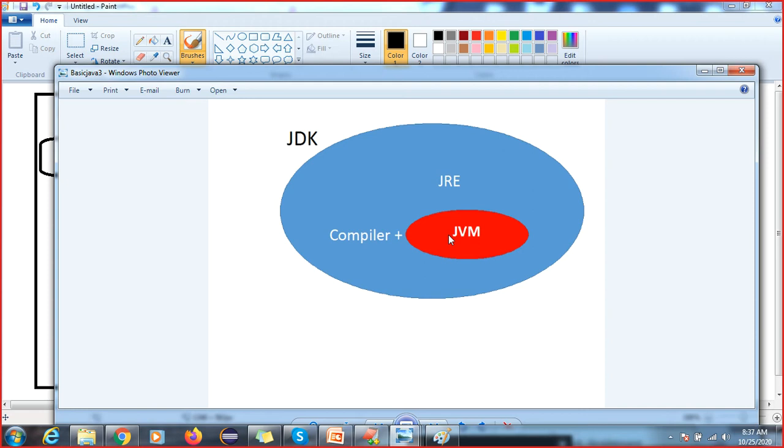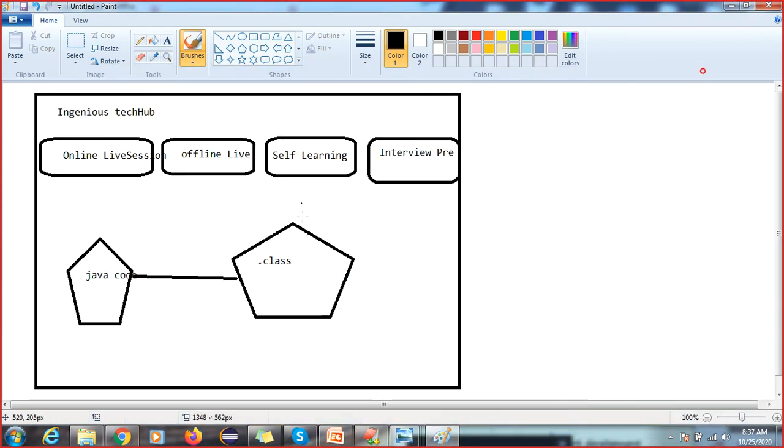This is one software which is created by the Java people, and if you do not interact with the JVM, your code will not execute. So the first question is, how to interact with the JVM?